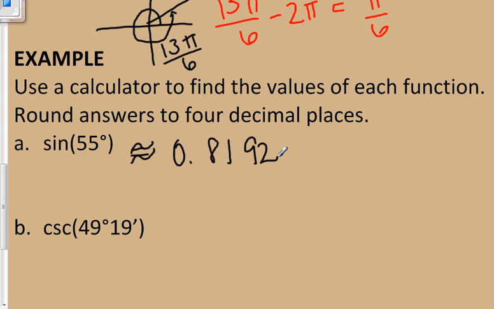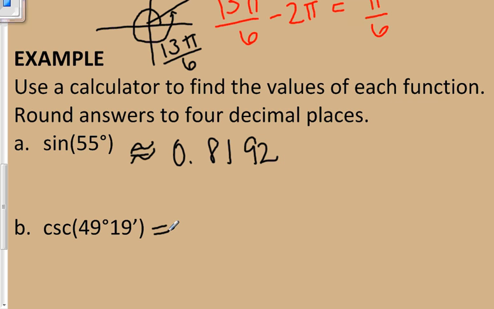Now we'll look at the cosecant. This is where our reciprocal functions come into play. We don't have to worry about cofunction. We don't have to worry about any kind of reference angle, but we do need to worry about its reciprocal function. So as we take a look at the cosecant of 49 degrees 19 minutes,